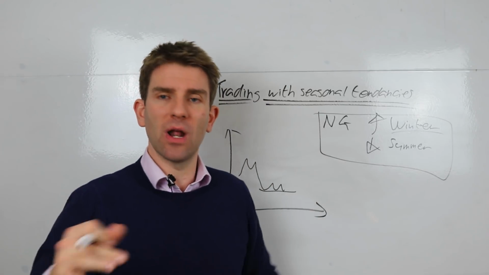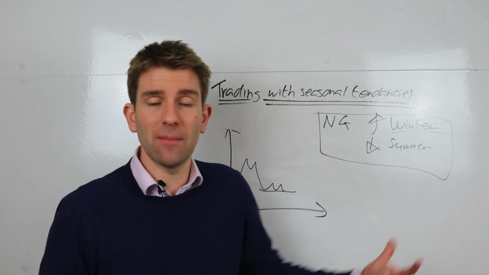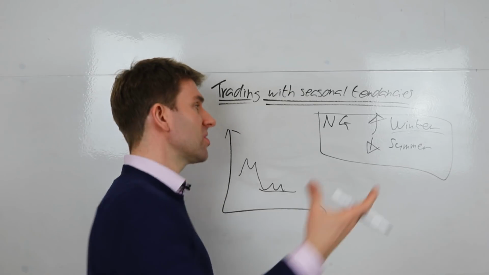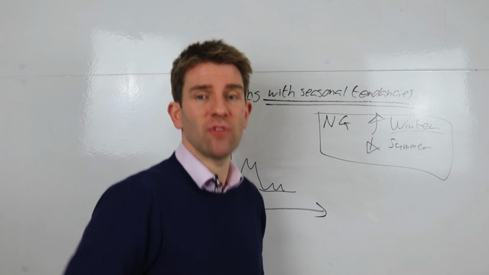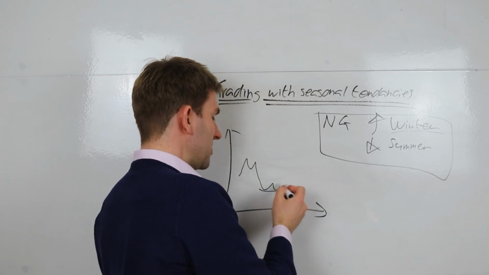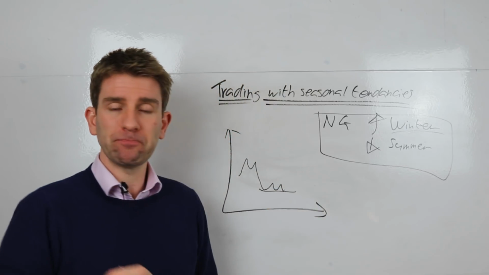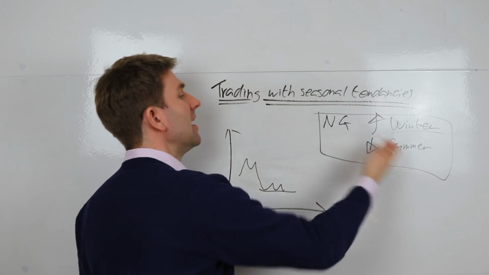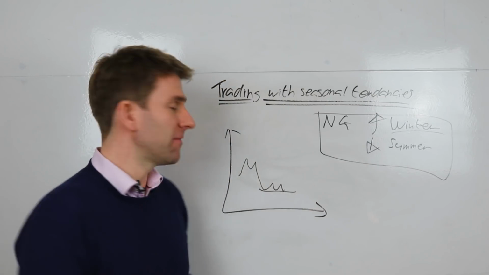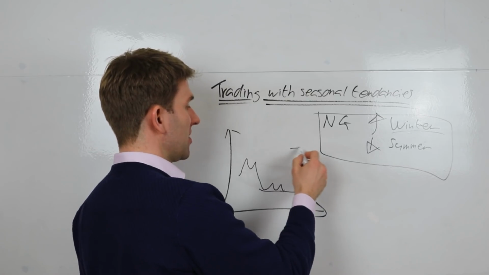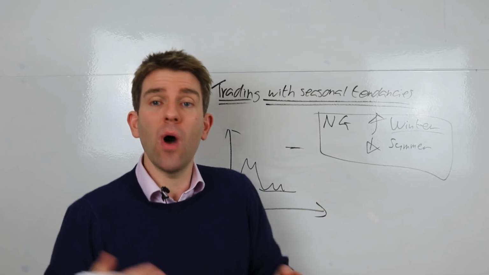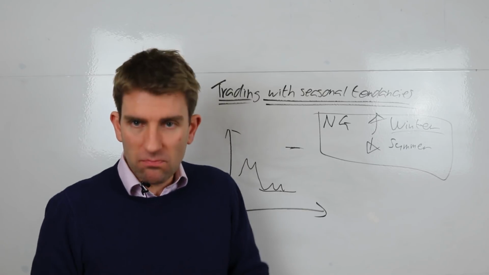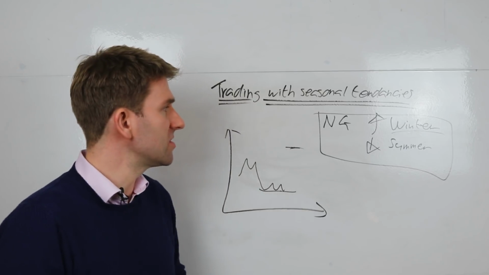Some people might say, well, I like to be contrarian, and that's fine, if that makes sense for you. But if you want to add layers of edge to your strategy, and you know that this pattern, whatever it may be, is a good pattern for you and works well, and you know that historically there's going to be an uplift, and you're down here expecting the price to go up here, then why not combine the two? That's just my personal preference, guys, when it comes to seasonal tendencies.